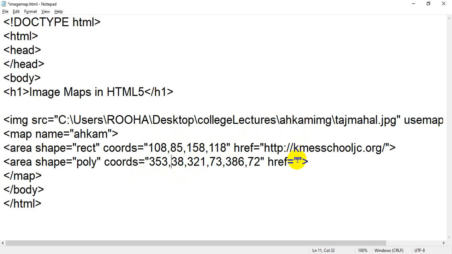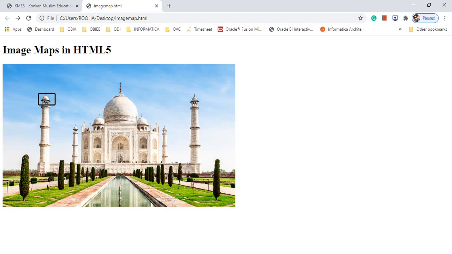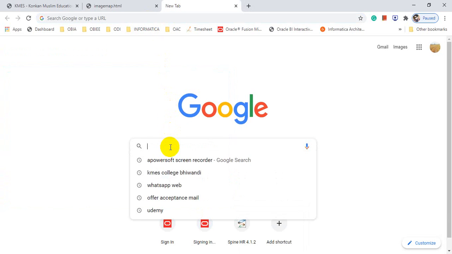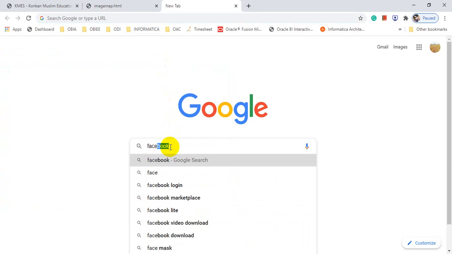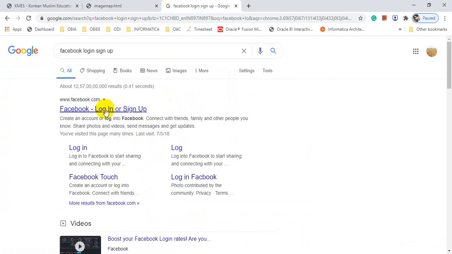Okay, so inside href, now I am going to open another page. For example, I want to open Facebook. I want the Facebook login page or Facebook home page.